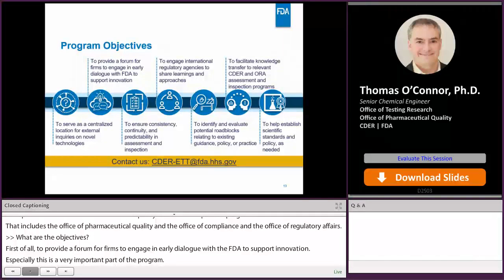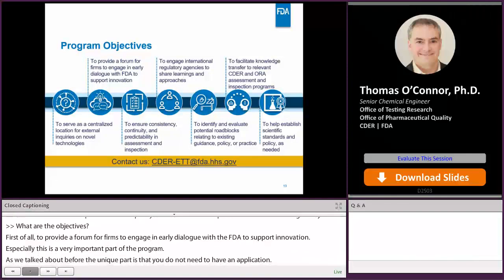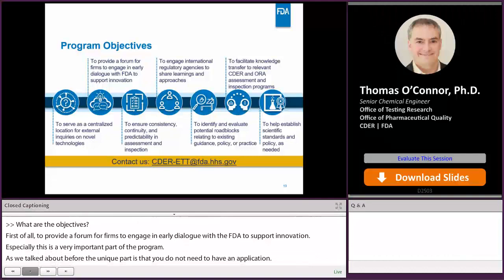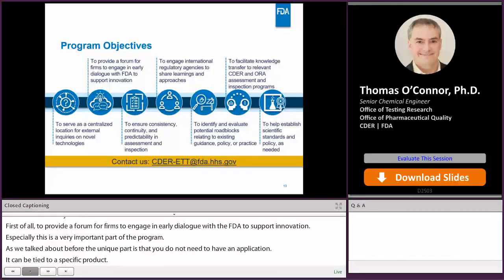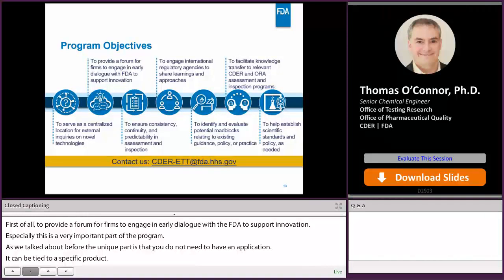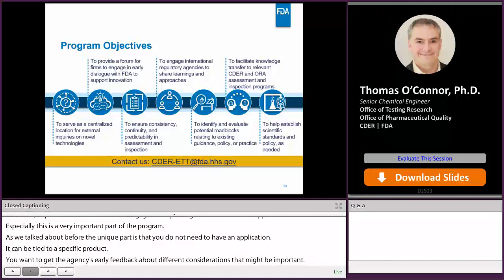Want to get the agency's early feedback about different considerations that might be important when implementing that particular technology. It helps to ensure consistency, continuity, and predictability in the assessment and the inspection. We do that by having the same team for that early engagement follow throughout the entire life cycle of the